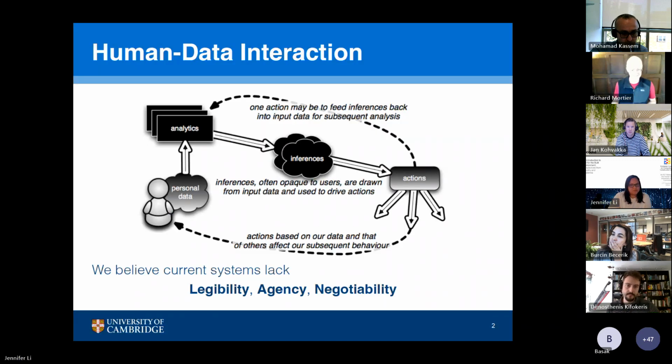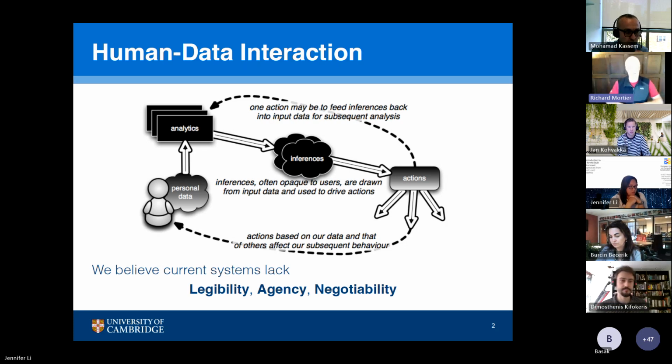Yeah. So this was the very, very high level model we came up with when we were discussing this. It's almost ridiculously high level. Essentially, the idea is that you've got personal data being generated by the person sitting there in the left-hand corner. There will be many different sources of that data. They may be so-called real-life sources: credit card transactions, shopping preferences, loyalty card data. It could be from sensors in the environment, Internet of Things sensors, data about your use of electricity and energy in your house, things like that.